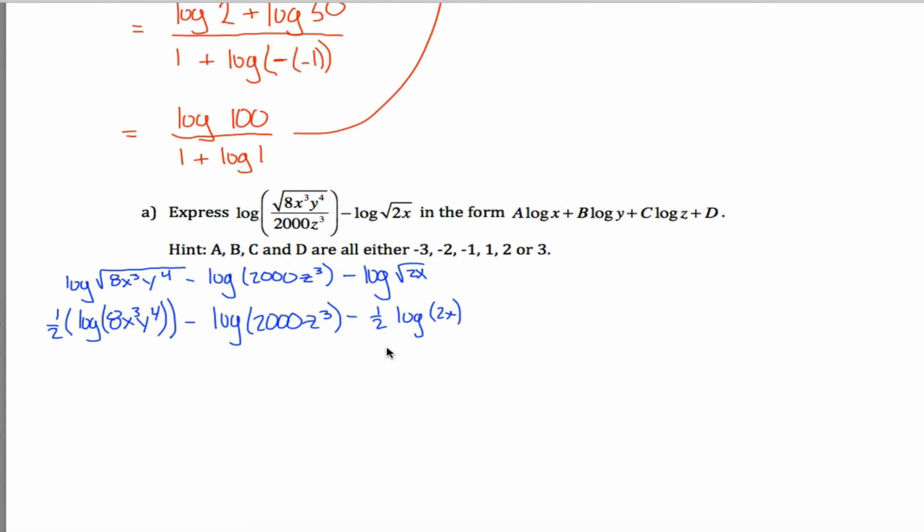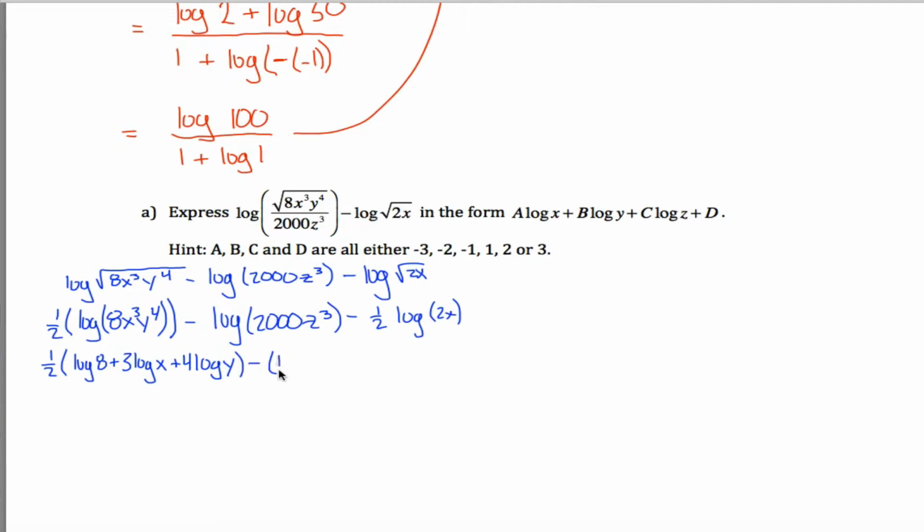Now I can apply the first log rule a bunch of times because I have a bunch of stuff multiplied together here. 8 times x to the 3rd times y to the 4th, 2000 times z to the 3rd, 2 times x. I can apply a whole bunch of first log rules to rewrite this as 1/2 log of 8 plus the log of x cubed, which is the same as 3 log of x, plus the log of y to the 4th, which is the same as 4 log of y,